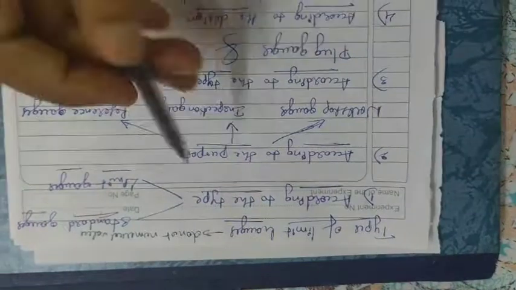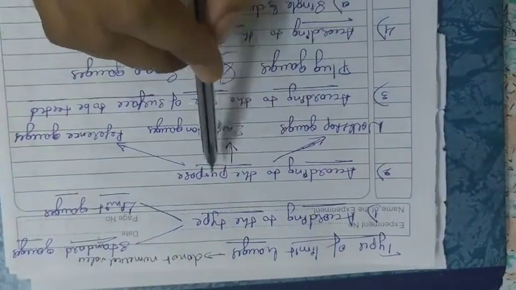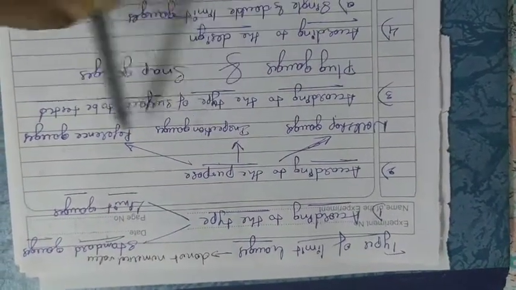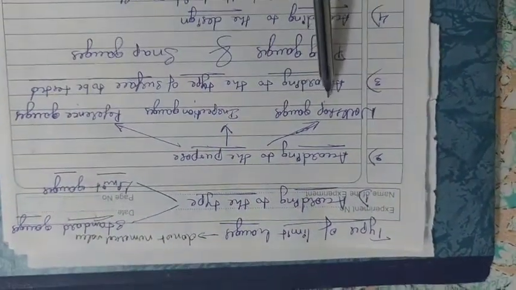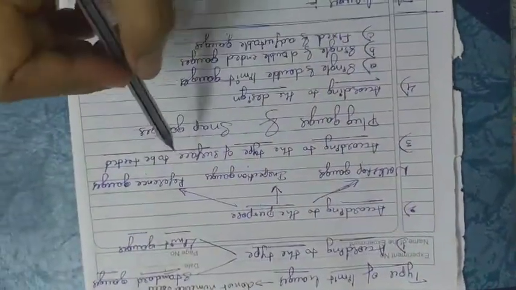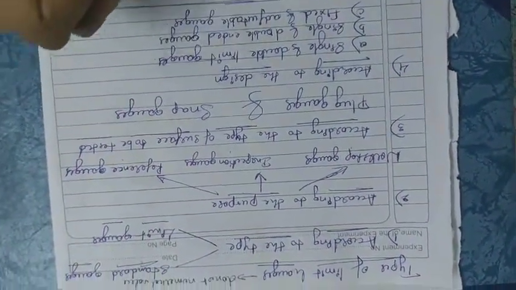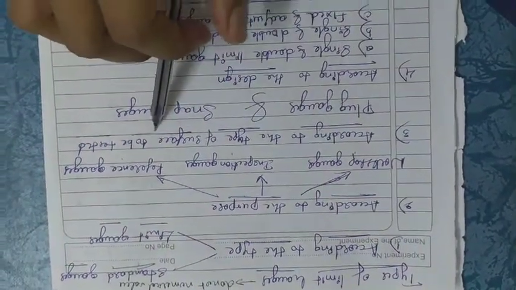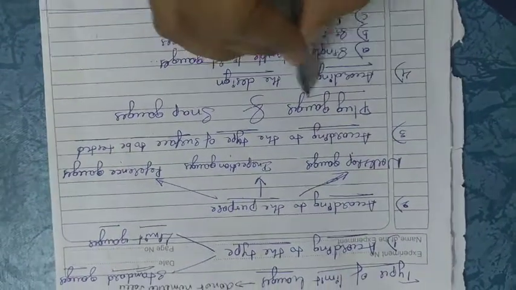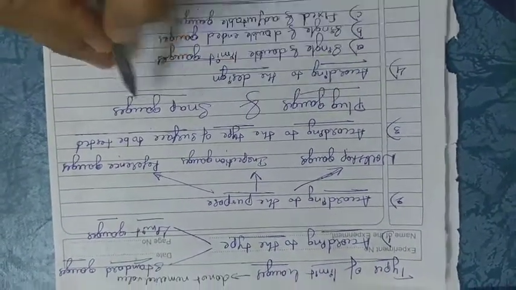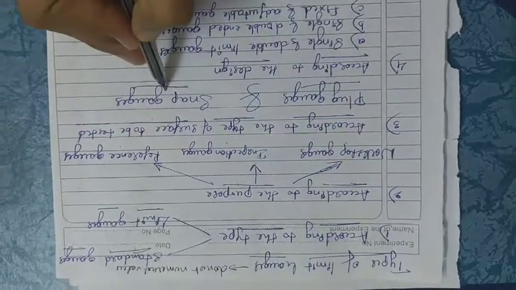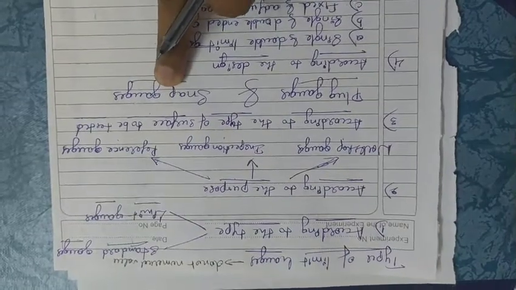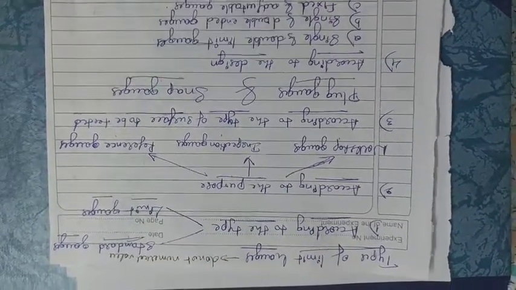Then another, according to the purpose, we have three types of gauges: workshop gauge, inspection gauge, and the reference gauge. How they do the measuring with respect to workshop gauges and inspection gauges, I will let you know while explaining the plug gauges. And then another type, according to the type of surfaces to be tested, we use plug gauges and snap gauges. Plug gauges are for the surface of the hole, and snap gauges are for the surface of the shaft. Another name for snap gauges is ring gauges.